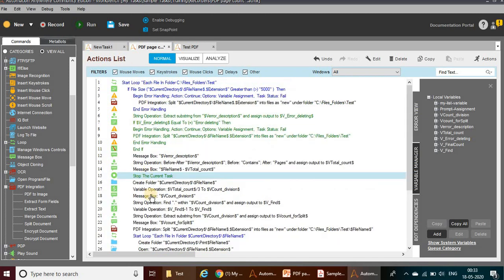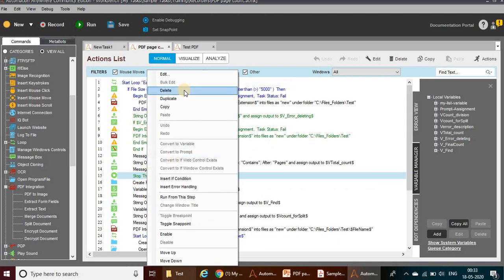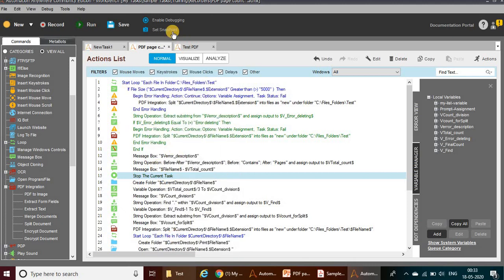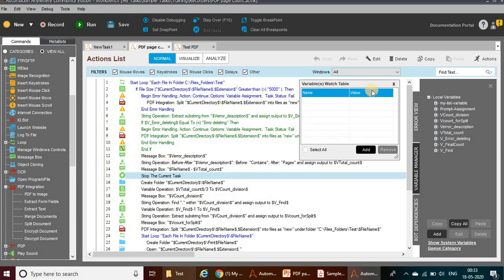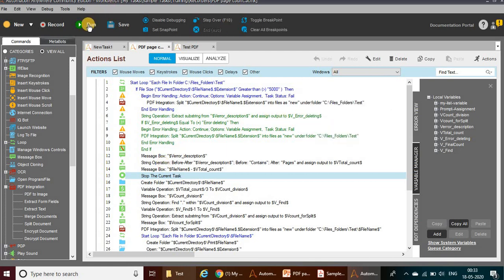Okay, let me run step by step so you can understand very easily. Save the task and I will enable the debugging. I will execute the task step by step.